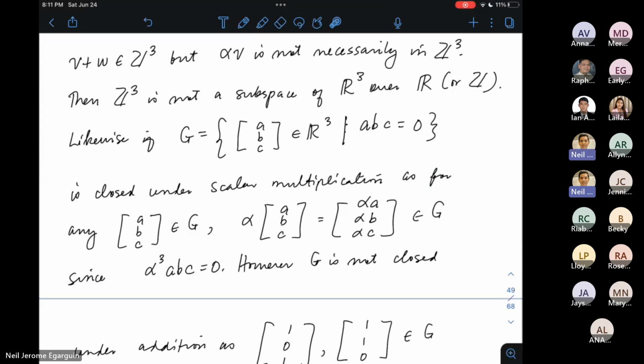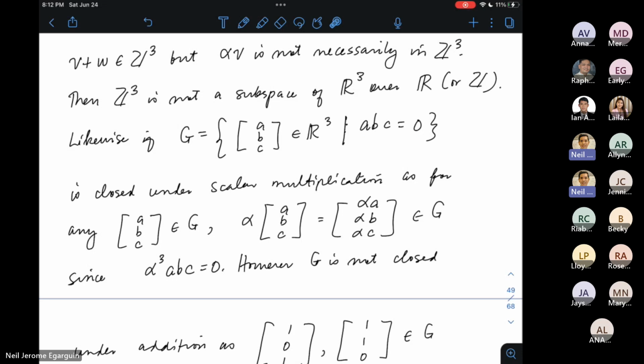Okay, now, paano natin sine-check yung closure? So halimbawa, consider ko si R3, set of all triples of real numbers. Tapos kumuha ko ng subset niya. Yung subset na i-consider ko niya ay set of all triples. Alright? So nagagaling siya talaga kay R3. Pero dapat ang product ng entries ay equal kay 0. Okay. So, yan yung subset G na i-consider ko.